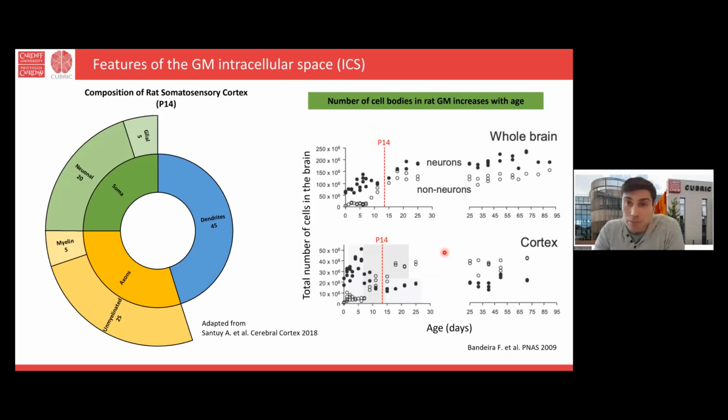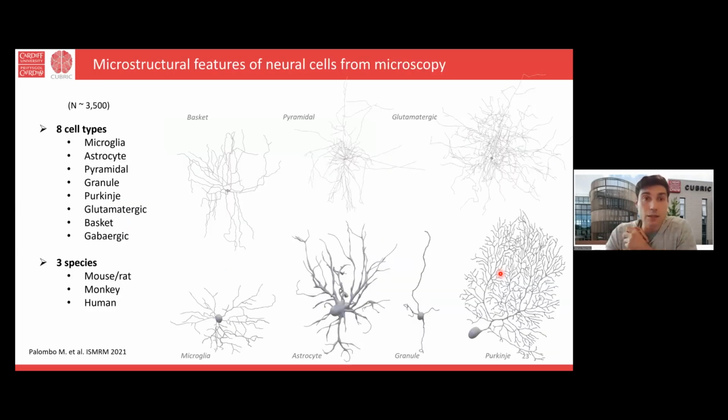When it comes to the cell bodies, in the gray matter we said that it is mostly neuronal, 20%, and glial, 5%. But these numbers change with age. In fact, with age, both fractions of cell bodies increase, but also in some cases they flip, and you can end up having more non-neuronal cells, more glial cells, than neurons. So it's very, very difficult to quantify all of this. And what is even more difficult is to gather together the actual values for the microstructural features.